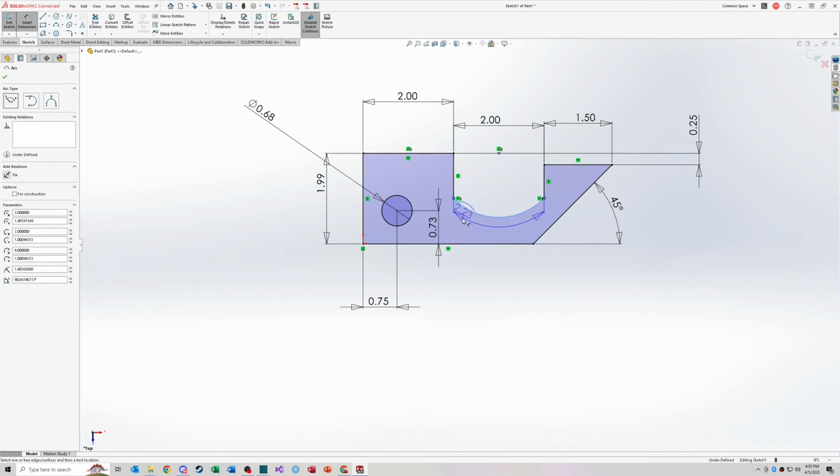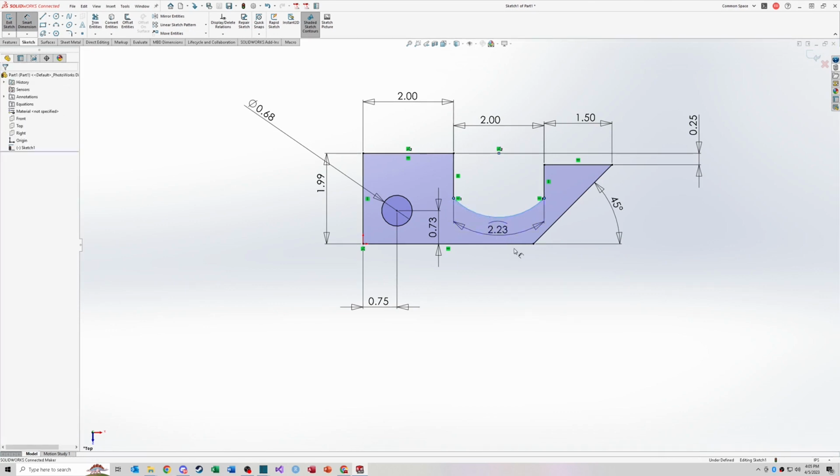That will allow me to dimension the length of that arc. So now again, everything is fully defined. All of my sketch features and my sketch elements are black in color, so I can tell that everything is fully defined. Now what I'm going to do is show you a common error that you'll very likely run across